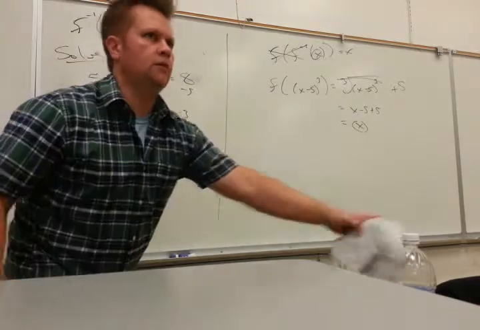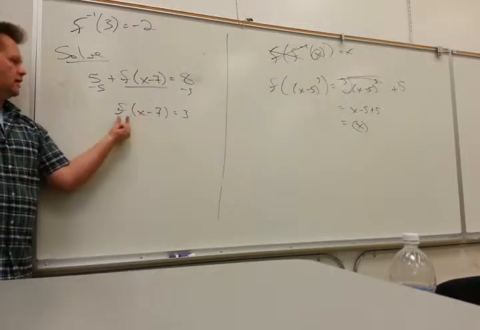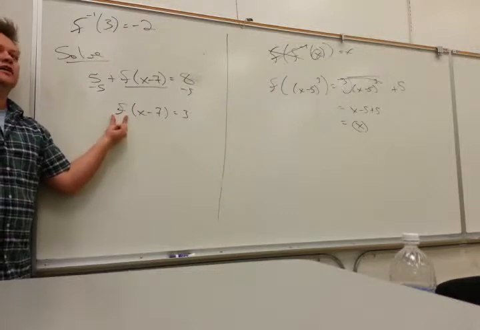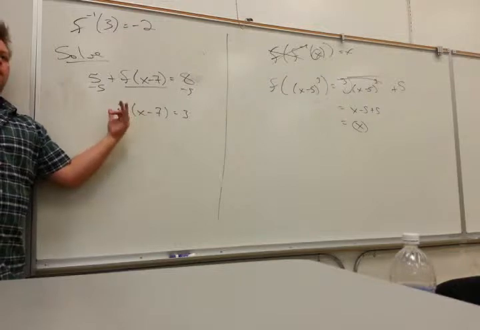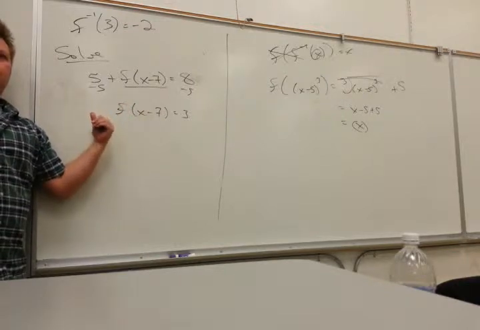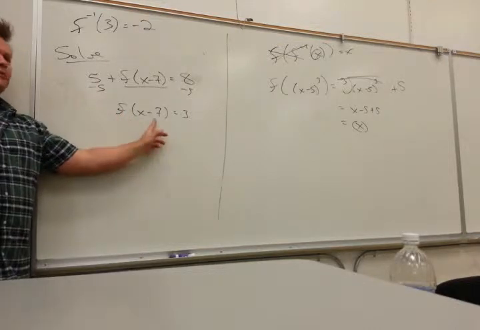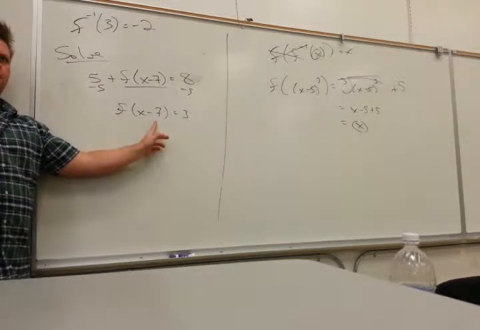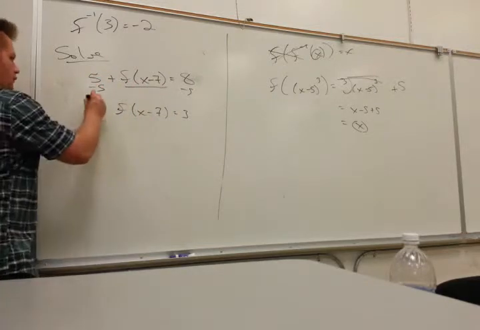Now here's where some of you guys are going to balk a little bit. What do I do to both sides to free this up? This is stuck inside whatever this function is. I don't even know what this function is, because it's some funky function. But I know how to kill it. Divide it? Can't divide it. This is not f times this. Oh, find the function. I take the what of both sides? The f inverse